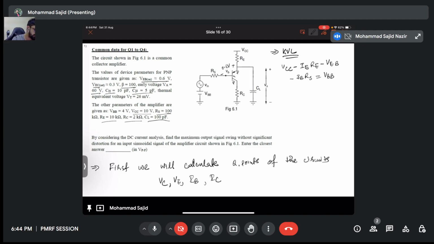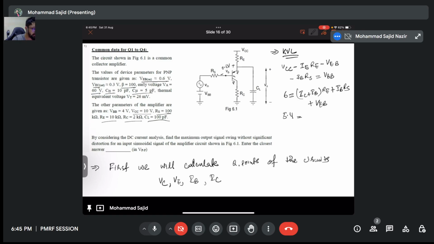VCC is 10 volt and VBB is 4 volts, so it will be 6 equivalent to IC plus IB times RE plus IB RS. Right, 6 minus VEB, VEB is 0.6, so it will be 5.4